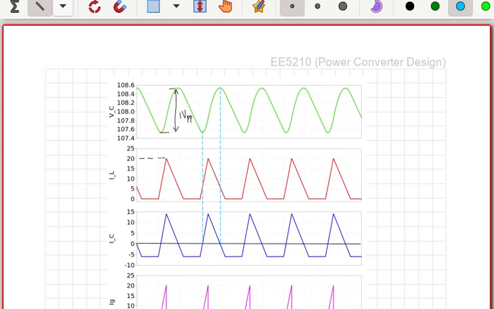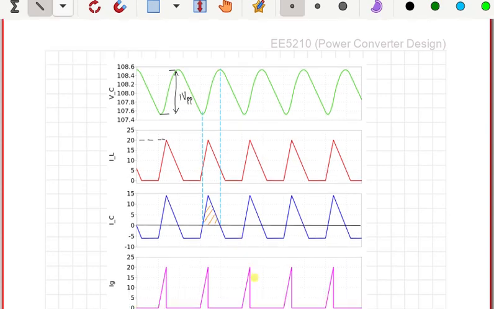So during this entire positive portion of this capacitor current, we have a positive slope for the capacitor voltage, and that is the basic idea with which we have designed also, right? So everything is fine,